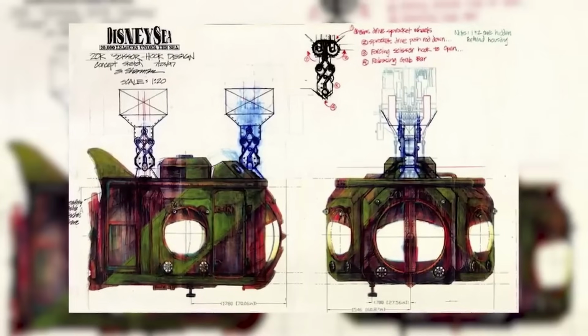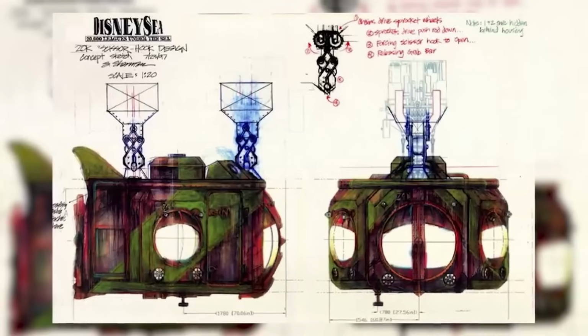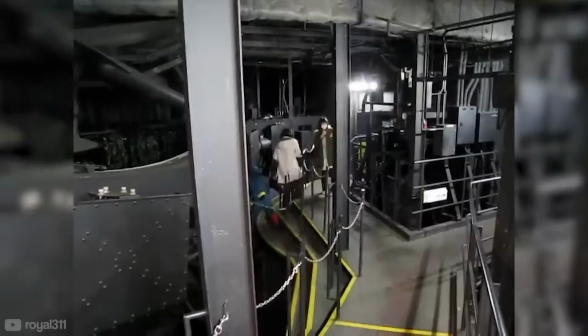First, it helps simulate the distortion typically seen when underwater, and secondly, it cleverly contains an air pump that allows bubbles to rise through the glass at specified times to simulate diving and being underwater. The overhead rail system used for this ride is also surprisingly intricate and robust for what seems like a simple attraction at first glance. Suspending the ride vehicle above the ground allows for the submarines to realistically glide above the seafloor, but it does lead to some awkwardness if you ever need to evacuate,